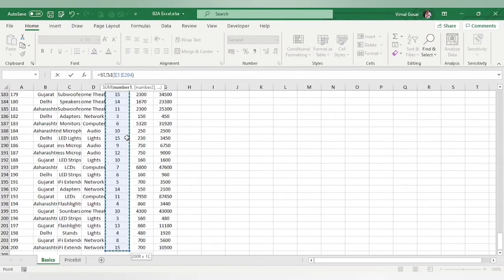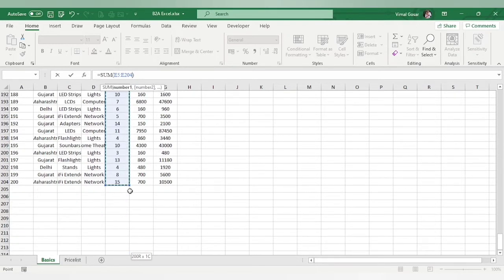Control, Shift and down arrow key is the shortcut to select all the fields in that particular range without removing the selection. It goes till the next blank cell. My next blank cell is at 205, so before that it will stop and consider that as a range. This is what we call a range as well.